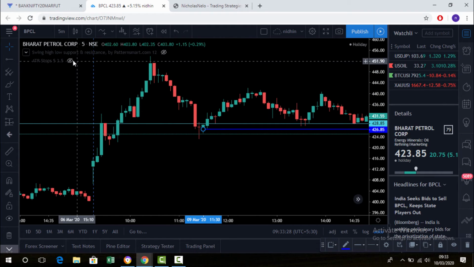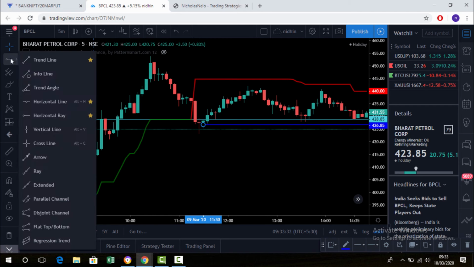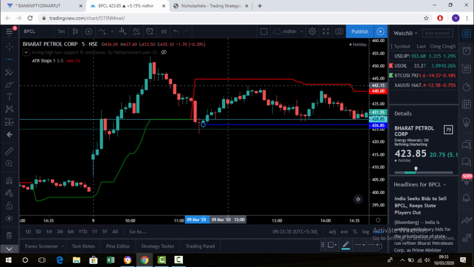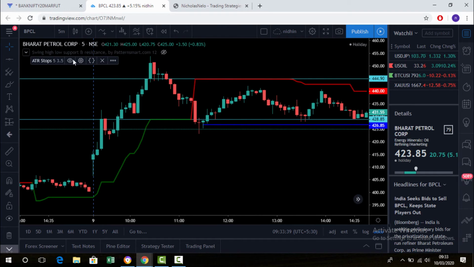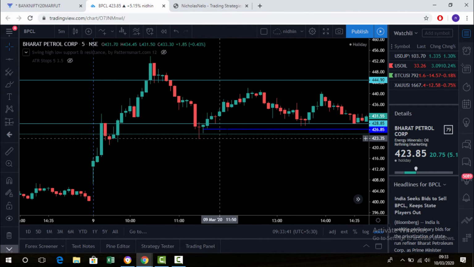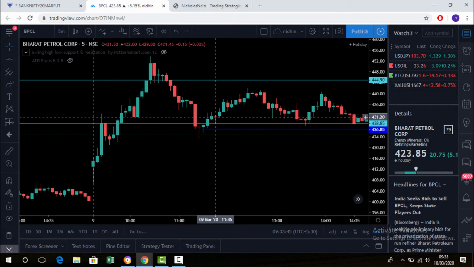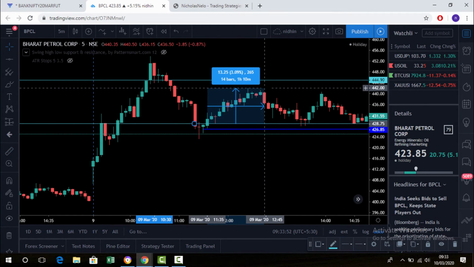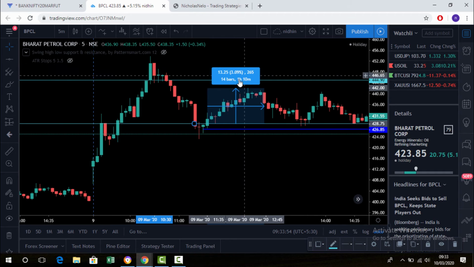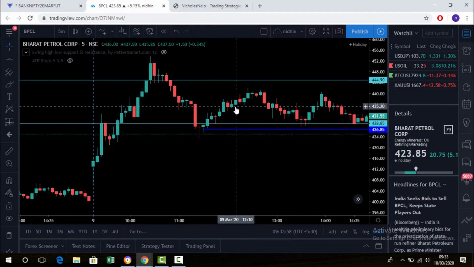Then you just turn on the indicator, and when another flat line is formed, you just mark that line. So it's a resistance now. Then hide it. So here you get a buy signal, so you can buy. From here it's moving more than, I will check it. So this is the scale, it's going more than 3%. When it goes above 1%, you can exit it.